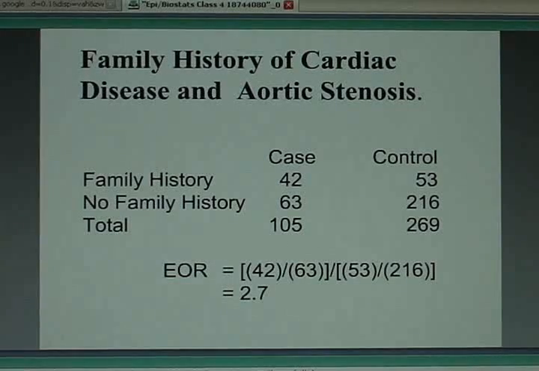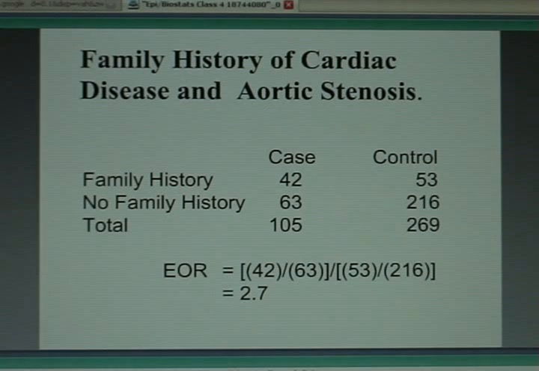cases of aortic stenosis. Now we're asking about family history of heart disease. 42 of the cases have a family history. Among the 269 people in control group number 3, only 53 had a family history. The odds ratio we get here is 2.7, suggesting that family history might be a strong risk factor for aortic